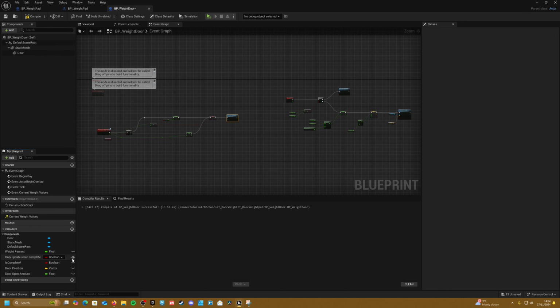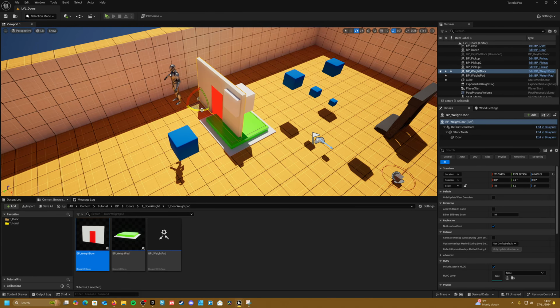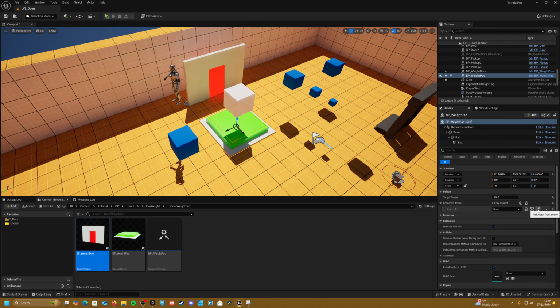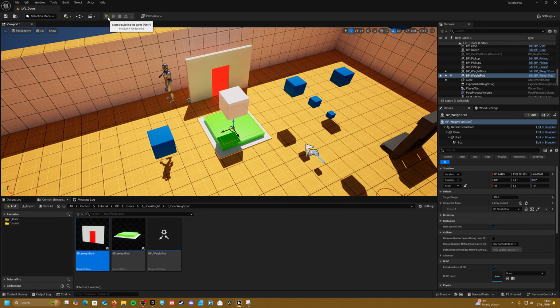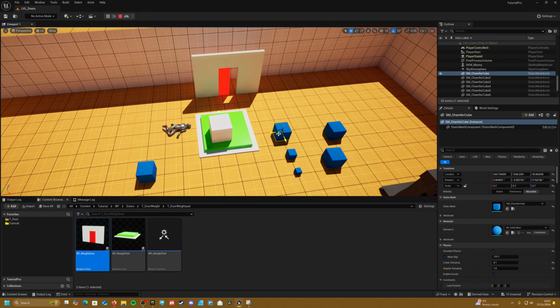Now, just before we go back into our scene, if we make sure our only update when complete has its little eye icon ticked on, and we add our door into here, and we make sure this guy is connected up. So if we click on our pad and go to connected actors, add one of these here. And if we find our actor by using our eyedropper and clicking on it here, and if we play, it should start